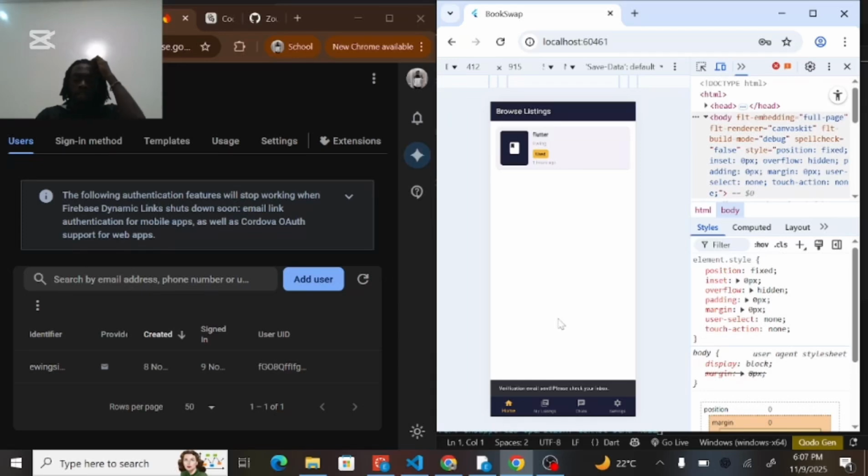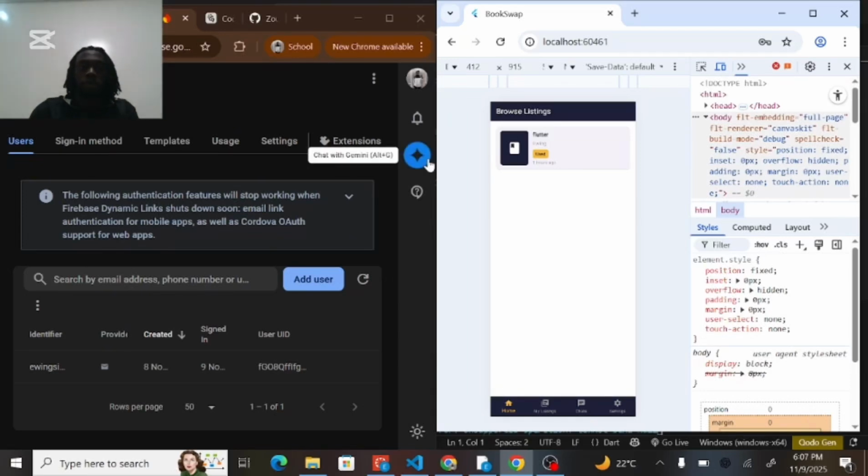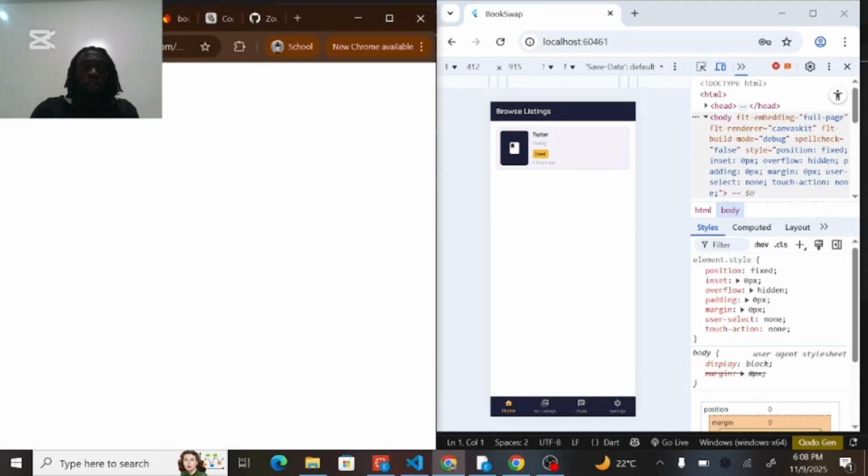After signing up, the application sends a verification email which you will need to verify before you sign in